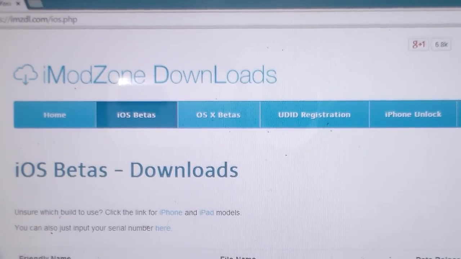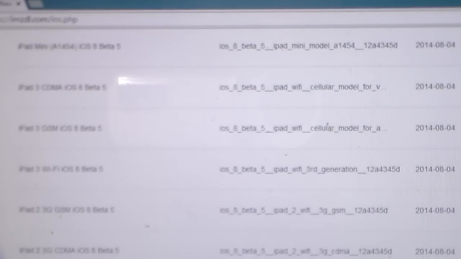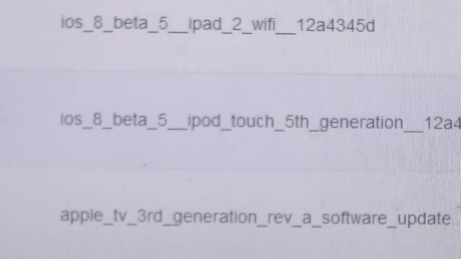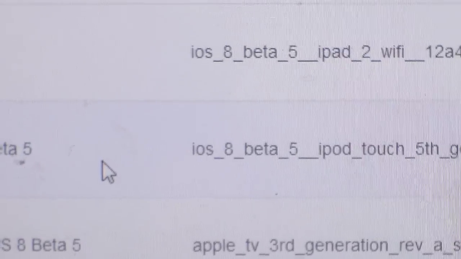What you're going to want to do is just click on whichever device you have: iPhones, 5S, 5C, 5, 4S, iPads, and then here's mine, the iPod Touch 5th Gen is what I'm going to be using. If you can see it. My camera's acting a little blurry, but that's what I'm going to be downloading right there. Okay, I already have it downloaded, so what we're going to do is